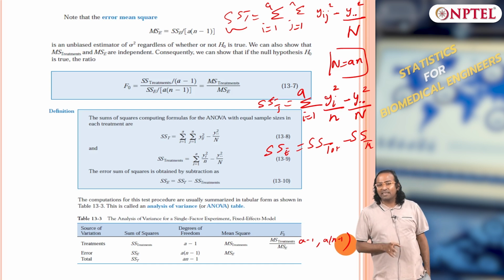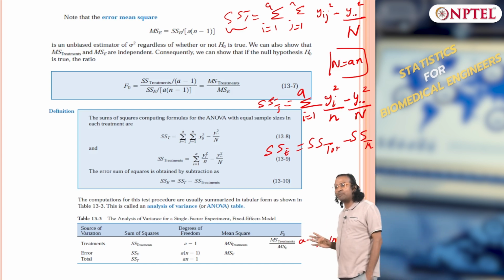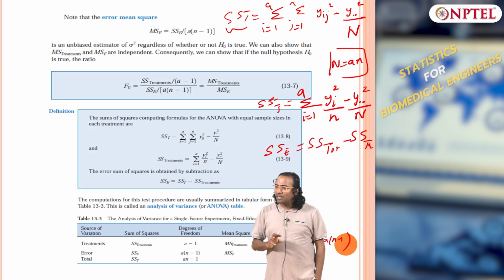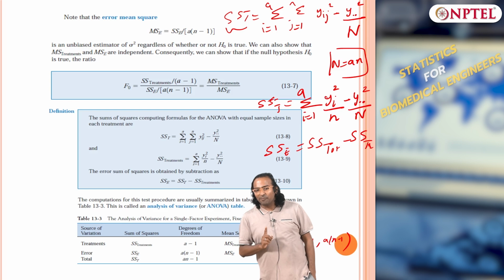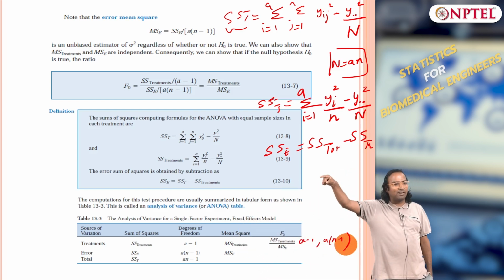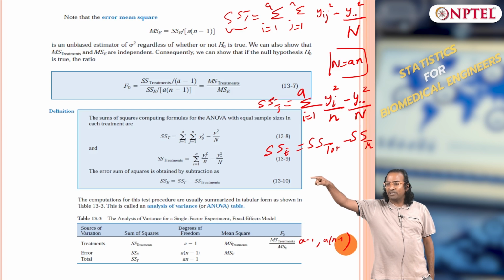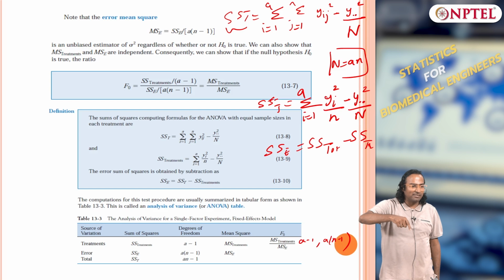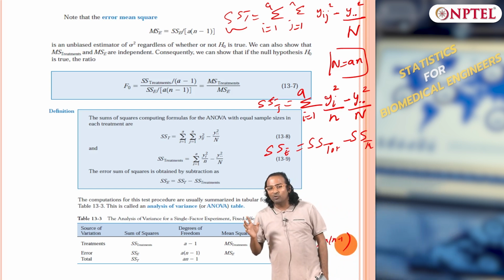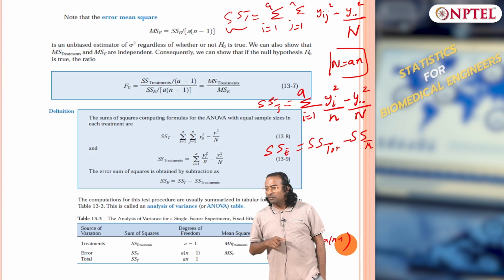So you could have done everything from the data up to the sum square treatment and mean square treatment calculation, but beyond that, if you want to test the hypothesis, that is where expectation comes into the picture, because I need to know the final theoretical value of the expectation of mean square treatment, so that I can take a ratio and say my F test is valid, that is, F will be equal to 1 when all tau equal 0. That is only possible because I know the expected value of mean square treatment, right.